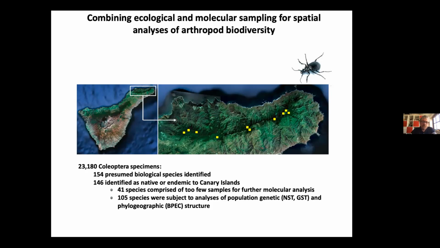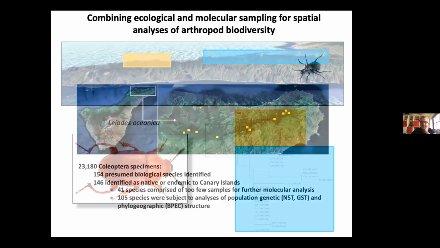Now, 146 were native or endemic, which automatically tells us that this community itself is not terribly invaded in terms of its beetle community. And of those 146, 105 were sampled with enough individuals from enough localities to undertake some population genetic analyses. And I'm going to present now some summary results from a few species that just represent patterns that were fairly